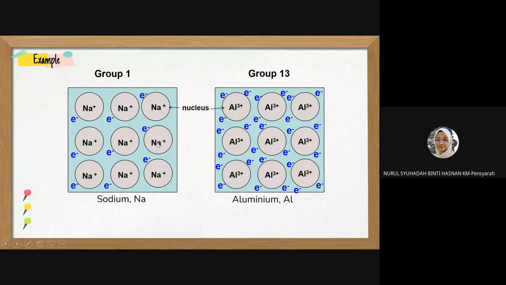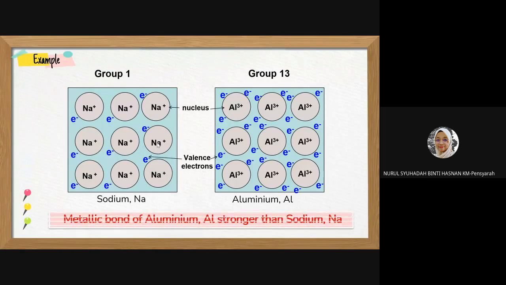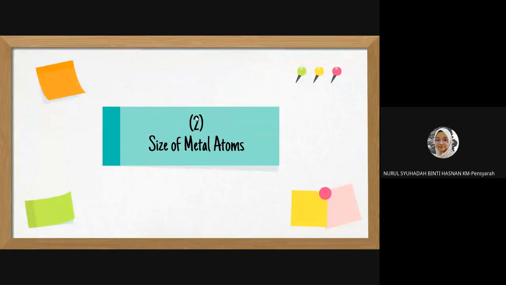Jadi kita akan kata, metallic bond of aluminium is stronger than sodium. Kita just kira dia punya number of valence electron dekat sini. Okay, so is it clear? Yes. Okay. Next, untuk size of metal, size of metal dekat sini selalunya kita akan compare metal down a